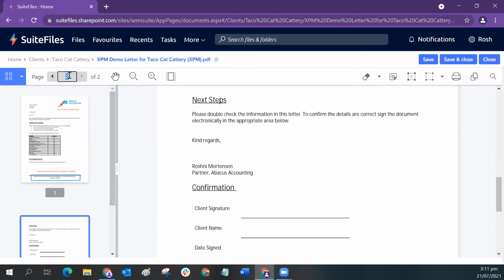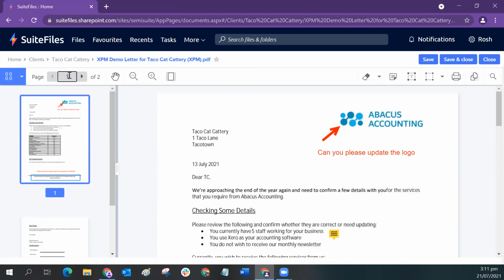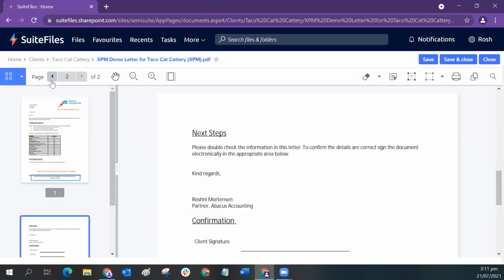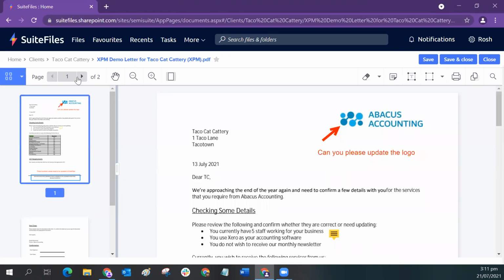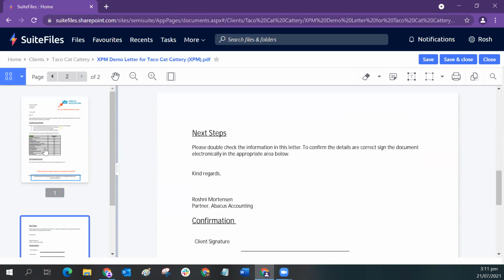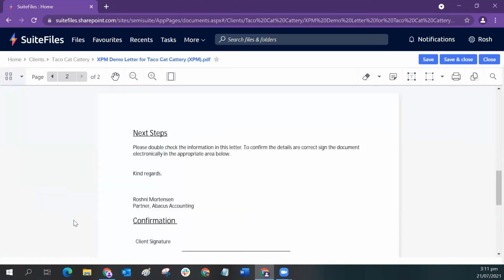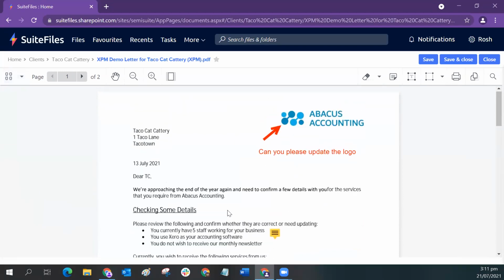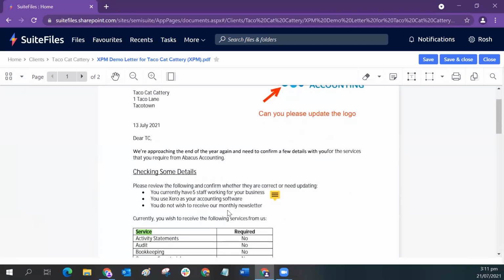So if you want to skip back to a specific page, just type that number in and press enter, or you can just use the scroll arrows here to get through. So there are a few different ways that you can work, scroll and navigate through your documents using that little side panel pop out. And the most important thing is, when you have made some annotations, you might want to save